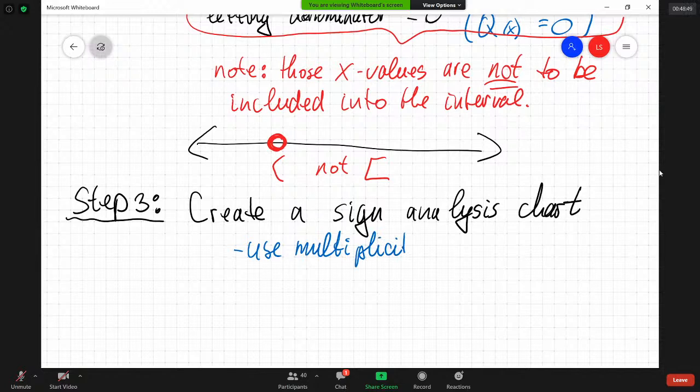However, multiplicity you should still use. So use multiplicity, zeros, and asymptotes, because they behave similarly, and that'll save you a little bit of time. So you just need to plug in one point, and from there you can then use multiplicities in order to get each region. And finally, step 4,